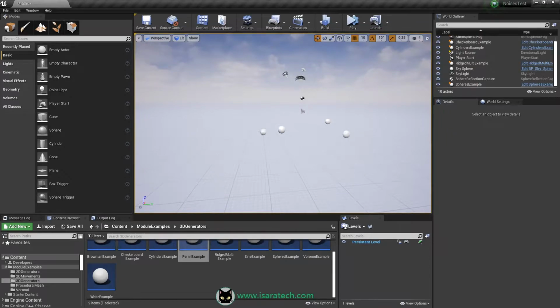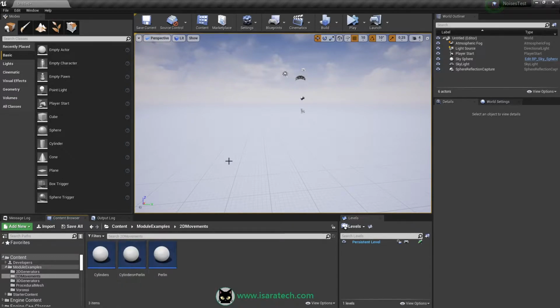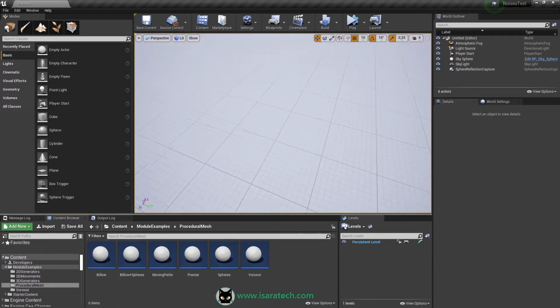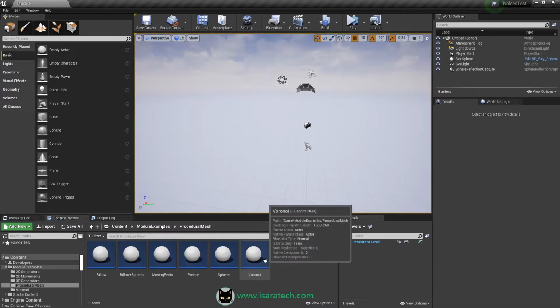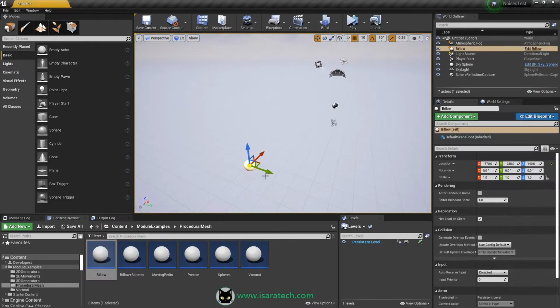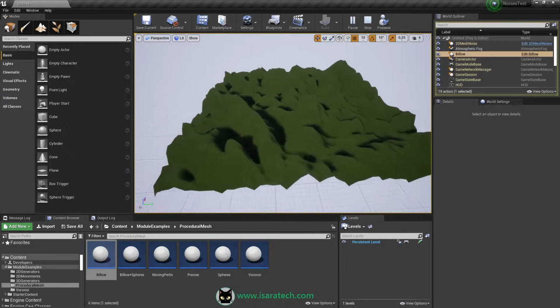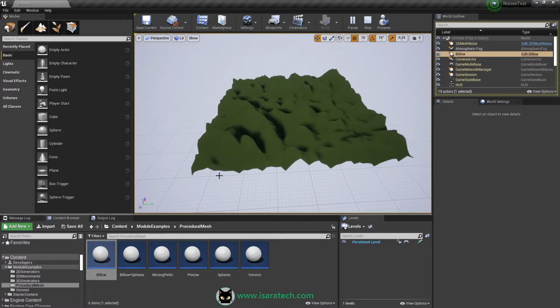Good. Let's continue with other generators. We have created some 2D movements and some procedural mesh. Let's see about procedural mesh. In this example, we create a procedural mesh using these modifiers. Okay, here it's a very simple blueprint behind this code. It's simply a procedural mesh